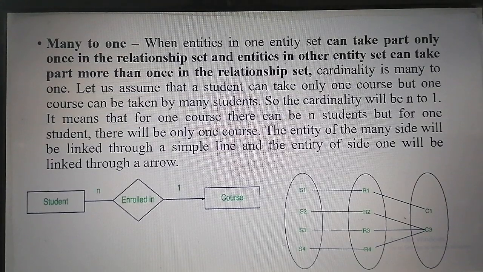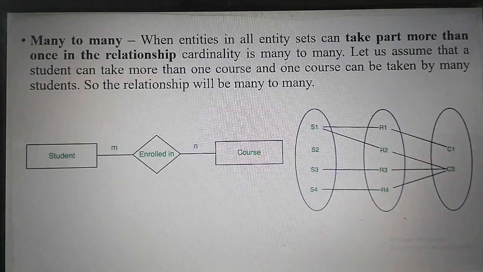So multiple students are taking enrollment in a single course, therefore the student is participating as many and the course is participating as one. The student is connected through a simple line and the course is connected with an arrow.